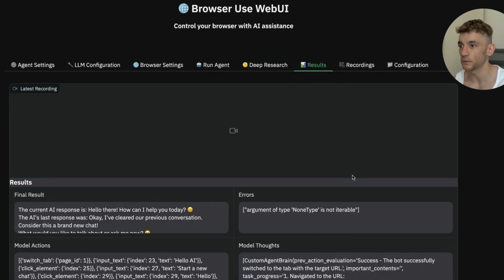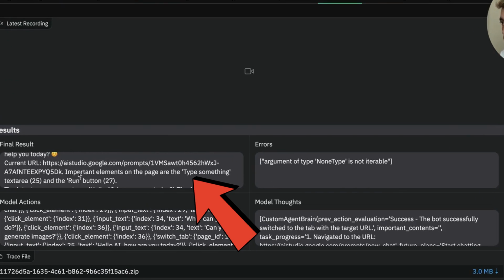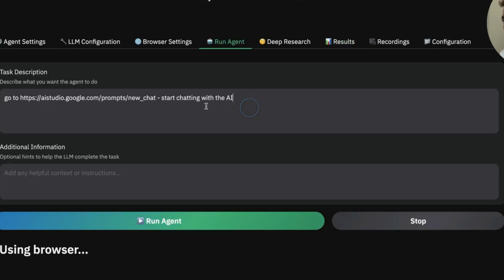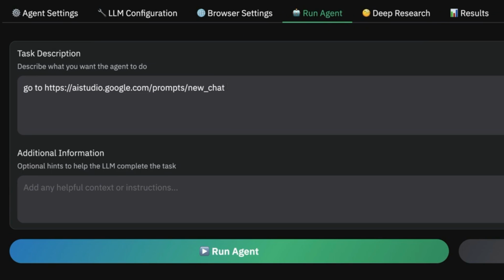If we go over to results now, you can see that it's giving us the final results from what happened, how it worked, etc. And that was just with a super basic prompt. So if I say go to arstudio.google.com and then create the best possible SEO article you can about AI SEO